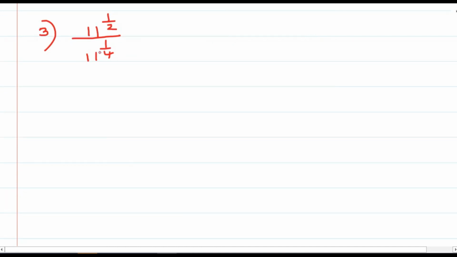So next question, 11 to the power of half divided by 11 to the power of 1 by 4. I can write this using a to the power of m divided by a to the power of n is a to the power of m minus n, where m and n are rational numbers. Instead of m and n, you can also write p and q. So here 11 to the power of 1 by 2 minus 1 by 4.